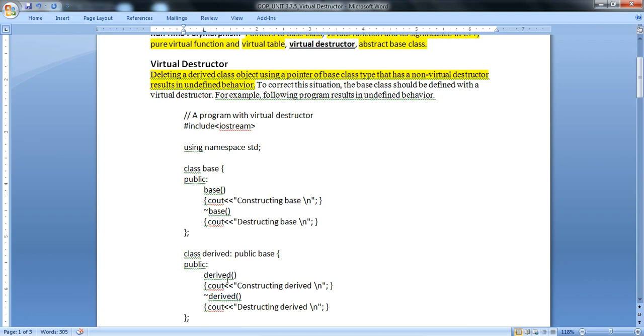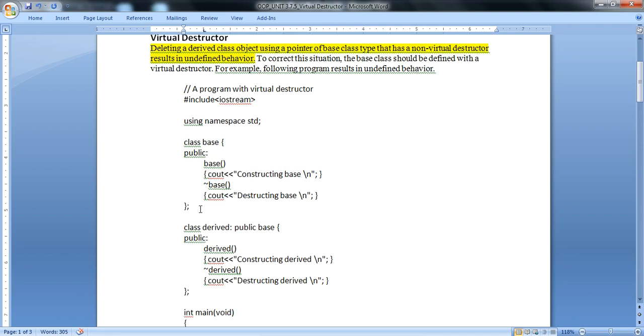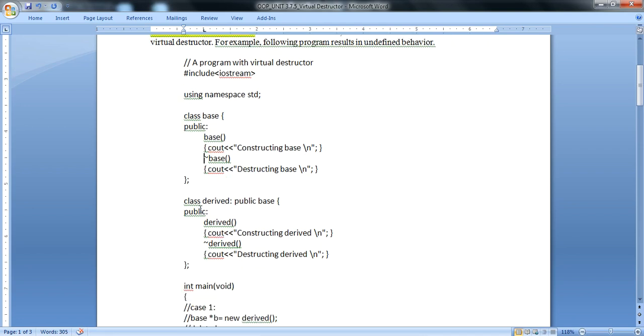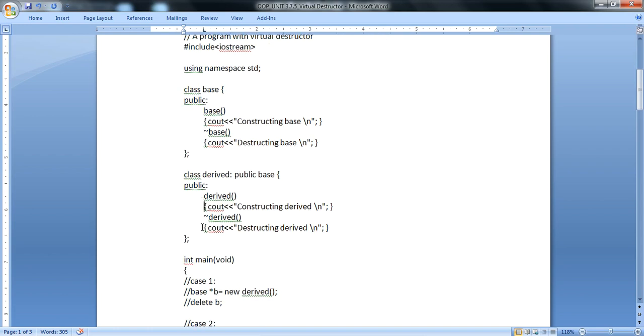We already understood the destructor under inheritance, but when we mark the destructor as virtual, how is the base class virtual destructor useful, and how does the derived class destructor reflect in the output?